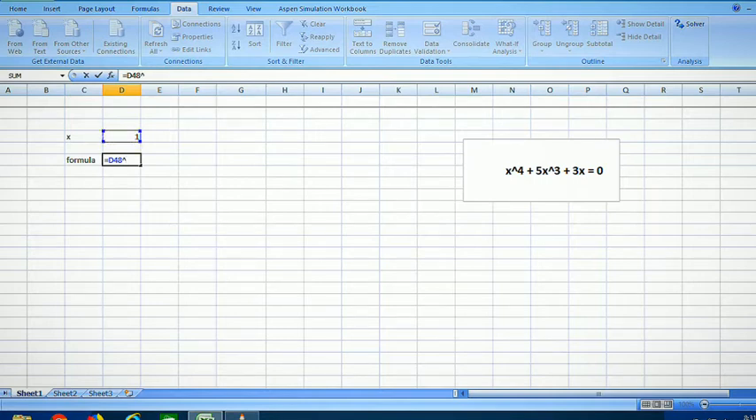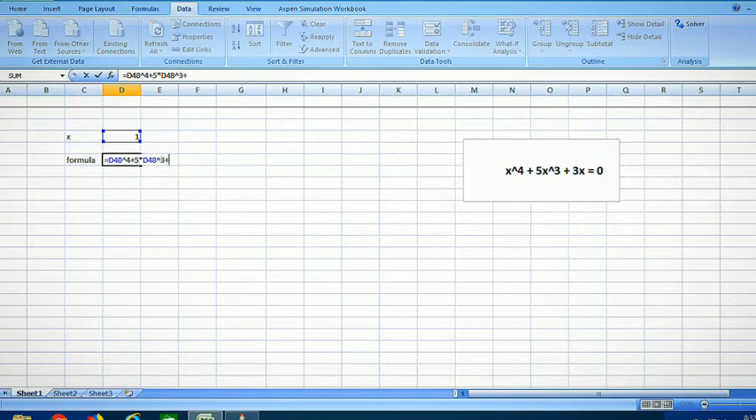Let's write the formula. The formula will always begin with an equal to sign, and next we have to write the whole formula that's written up here in the text box. That's D48. We have to select D48 cell to the power 4, the one we have done for x to the power 4. So D48 is the value of x to the power 4 plus,